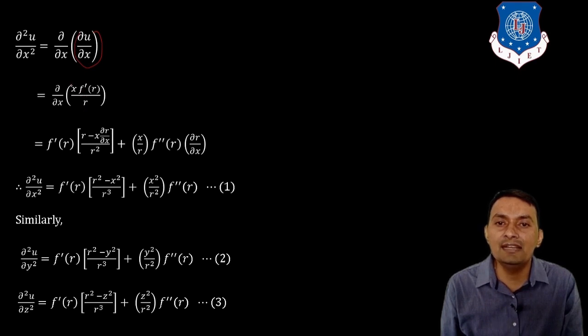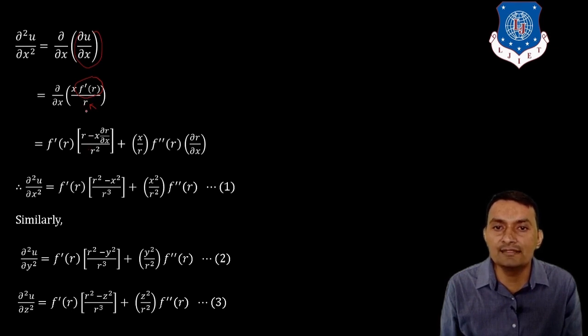We will keep in mind that this is what exactly our function of x, y and z. So we are not going to consider a constant quantity. This function itself depends on r, and r itself depends on x, y and z. So whenever we consider its derivative with respect to x, we have to apply the chain rule. First we do partial derivative with respect to r, and then we do partial derivative with respect to x. So just keep in mind, first this is as it is, and I just do the derivative of x divided by r. So what am I going to get?